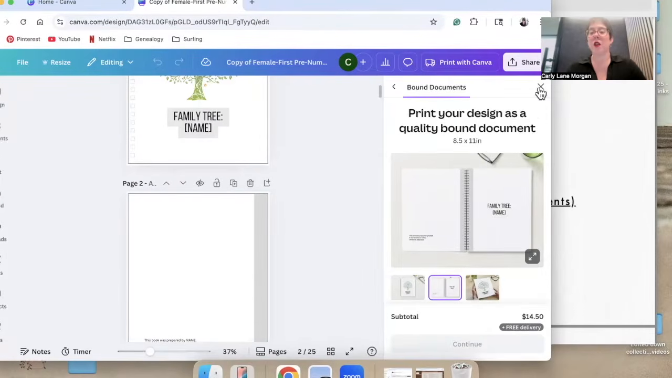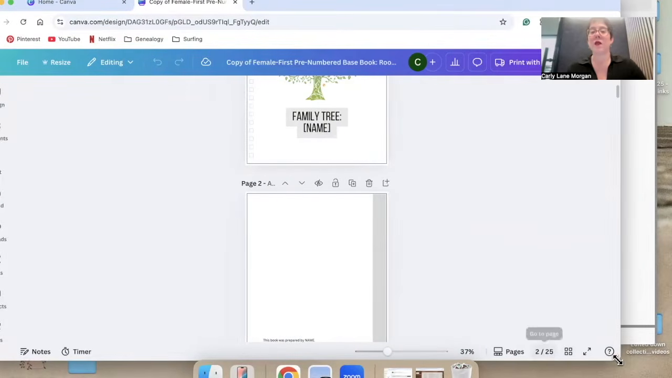Now, the name of this is Copy of Female First Pre-Numbered Base Book, blah, blah, blah. I am going to change that so that I know that this is the Queen Family book. So I'm going to erase all of this and put Queen Family. But then I'm also going to add a number